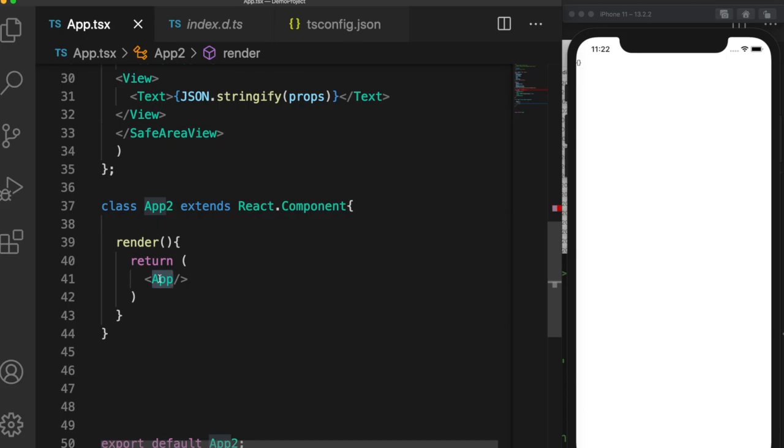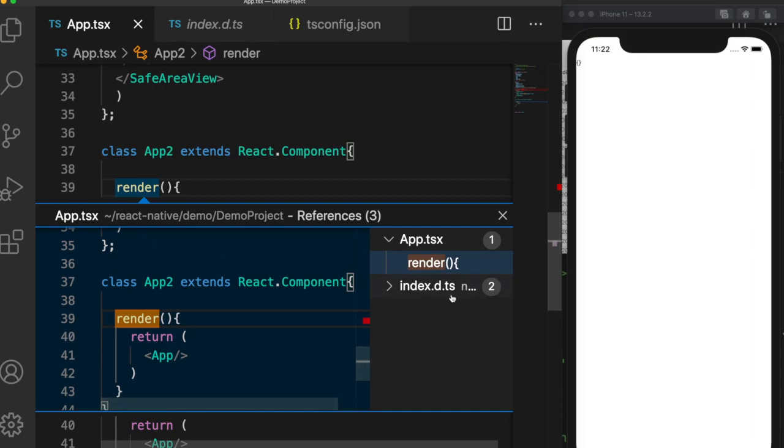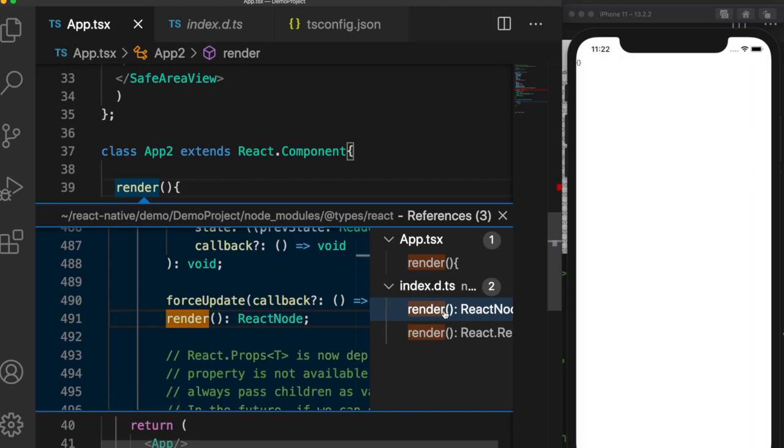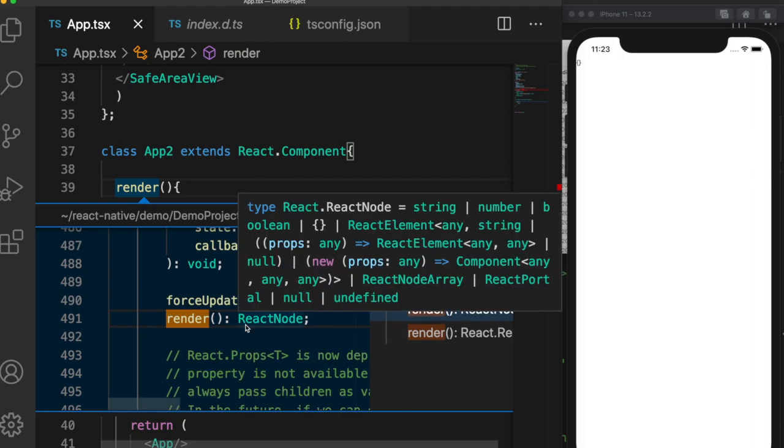All right, so this is how the class component is done. So if we want to dig a bit deeper into this class component, if you dig deeper into this render function, so there's a render function inside this class component, and I will just go over here. So if you see this render function, the return type of this render function is React node,